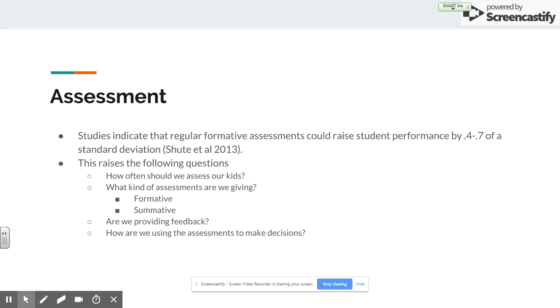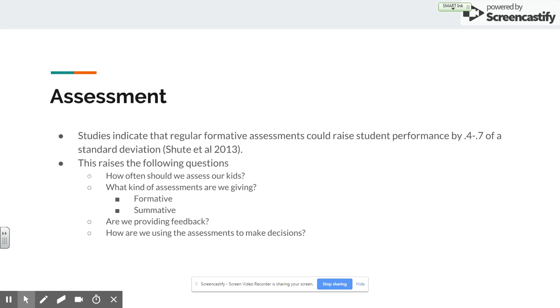I personally believe that we should assess our students every single day. This does not necessarily mean we should be giving a formative or summative assessment every day. Maybe we should just be asking them questions, trying to figure out what it is they know. We should be constantly assessing our students to determine their strengths and weaknesses, to determine if what I am doing right now as a teacher is working, right? Formative assessments, though, I believe should be given frequently, right? They should be given a lot more often probably than what many teachers do.